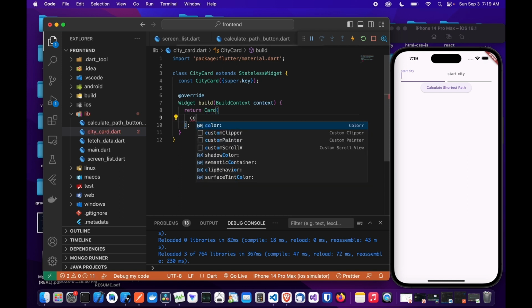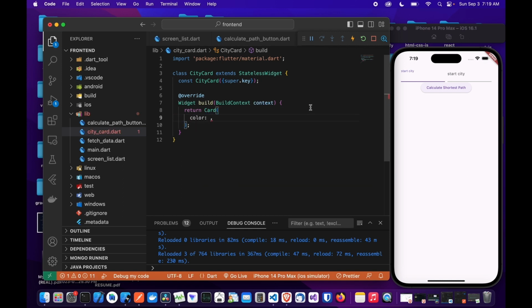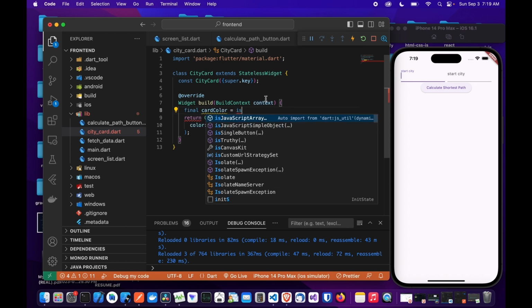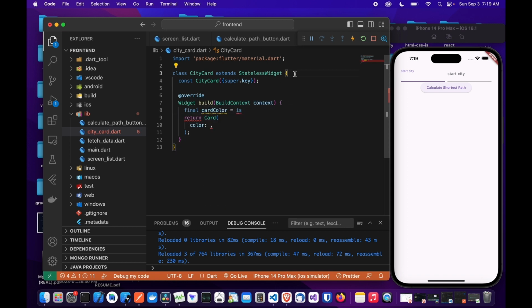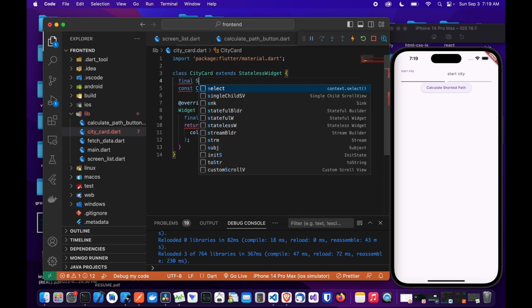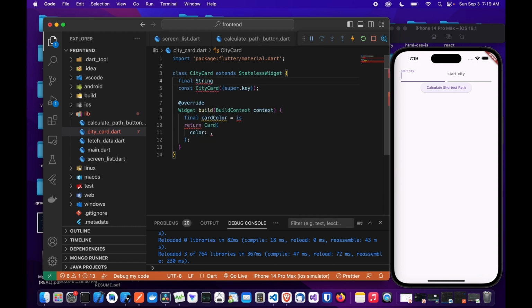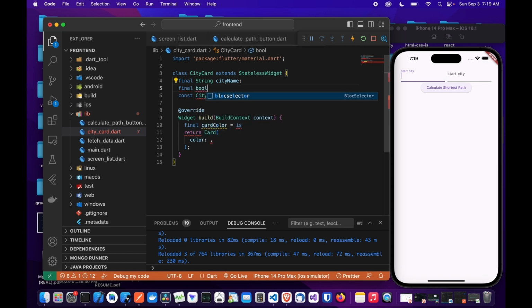So let me make a card here, and we're gonna have a color that's gonna change. All right, so the color changeable, we can make it here. So card color, we're gonna have to pass these, okay? So pass this string city name. Of course, we have to pass the city name, and we also have to pass the color. So it's gonna be a boolean that's gonna check whether it's selected in the path, okay? So is in shortest path,